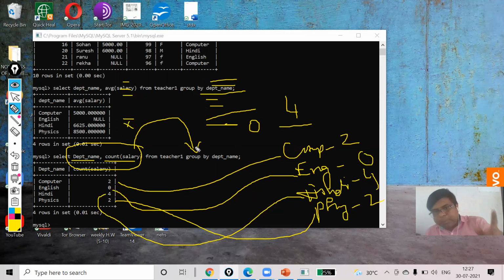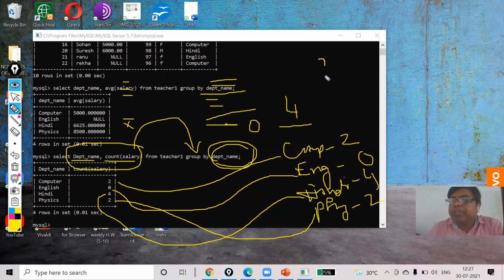But grouping is done on which field? Department name. If I have written another field, then that field will be sorted. And whenever I am using GROUP BY, you have to understand, my dear, sorting will be done first in that field, in which order? Ascending order.